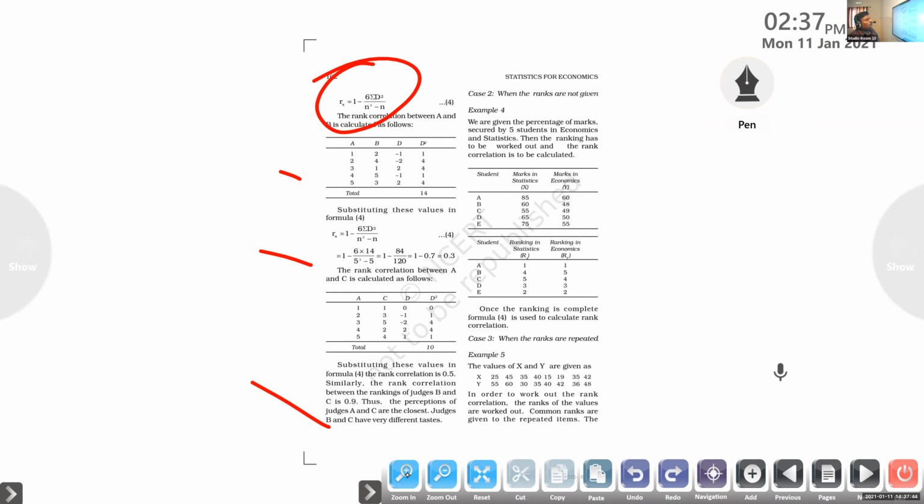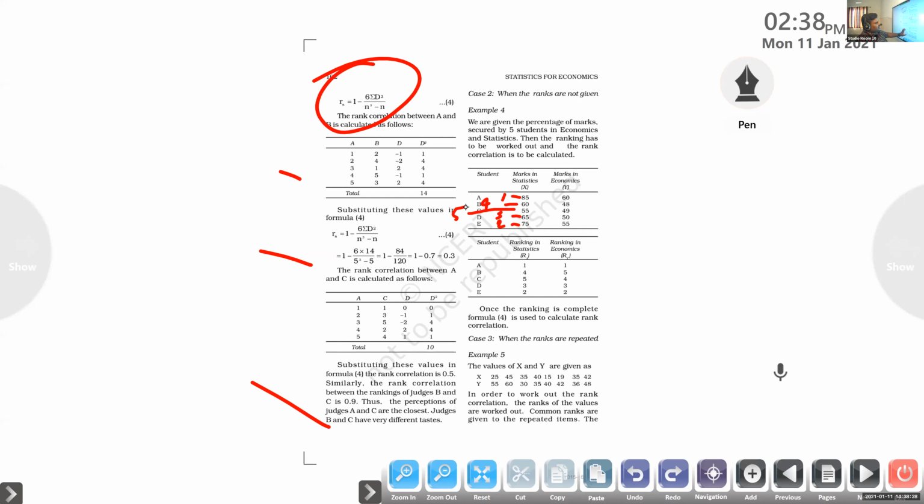Next activity, convert this into a rank order. First rank, second rank, fourth rank, like that. We are not writing that in ascending order here. The exact numbers are used, but we write the ranks of those particular marks. So 85% is first. Next, 75 is 2. Next is 65, 3. 60 is 4. And 55 is 5. So look here: 1, 4, 5, 3, 2. Correct? We converted that into a ranked order.